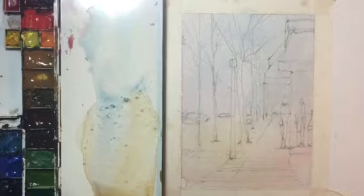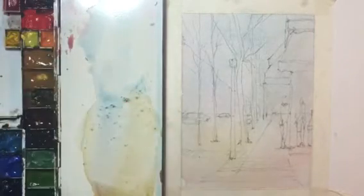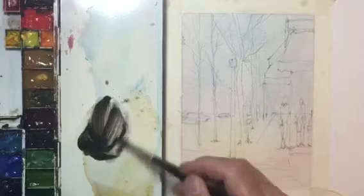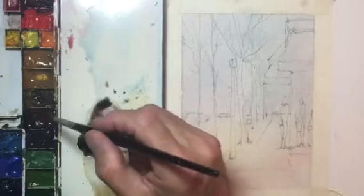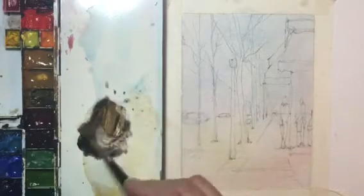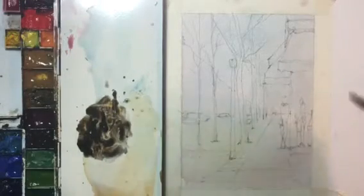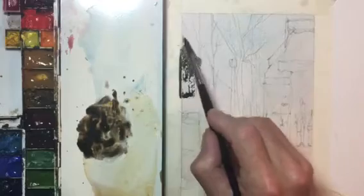Okay, so we're going to start to get some paint on here. So I'm using a different color today. I'm using the sepia tone, which is like an ivory black pretty much. And then I'm going to use some raw sienna mixed in with that. And that should give us a good building color here. So I'll go in, and it looks somewhat dark, but